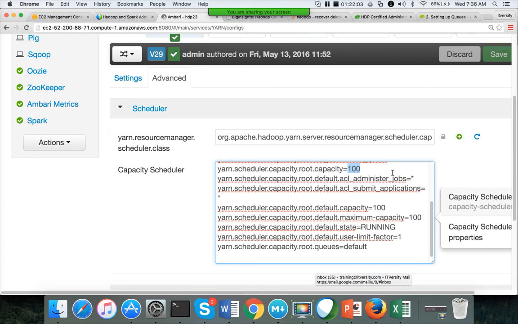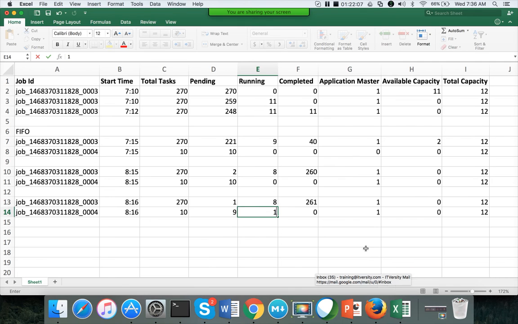Okay, so this is about the capacity scheduler. So any questions about the capacity scheduler or FIFO scheduler? Within a queue of the capacity scheduler, the same logic which I explained for FIFO will be applied. Now if you don't have any questions, we will move on to the fair scheduler. Again, this scheduler is also very important from multiple aspects of Hadoop administration.